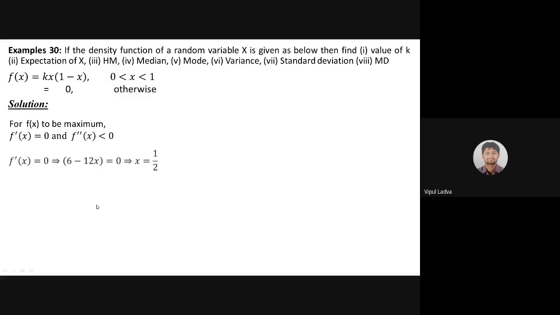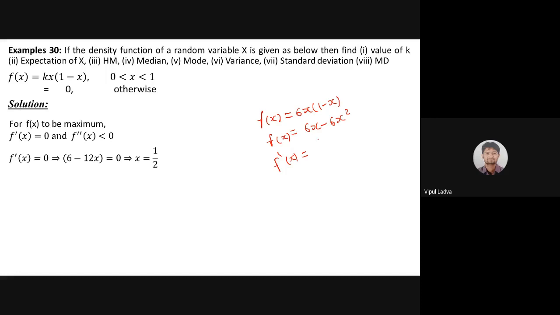Now how will we do it? Let's go, we have f of x. This is my f of x. F of x is kx times 1 minus x. Let me choose my pen. I'm having f of x as k times x times 1 minus x. We know the value of k, which is 6, so 6x times 1 minus x. Let me simplify this a little: 6x minus 6x square. This is my f of x right now, because the value of k is 6. Now let's go for its first derivative, f dash x. The derivative of 6x will be 6. The derivative of 6x square, 2 will come forward, so it will be 12x. So this is my first derivative, f dash x.